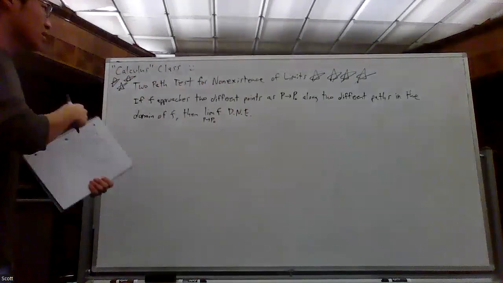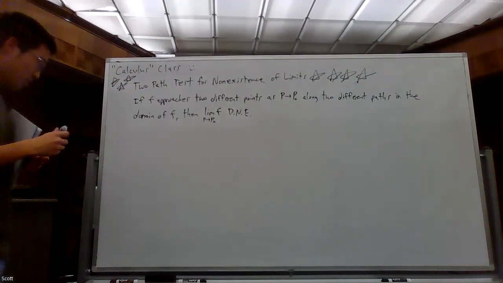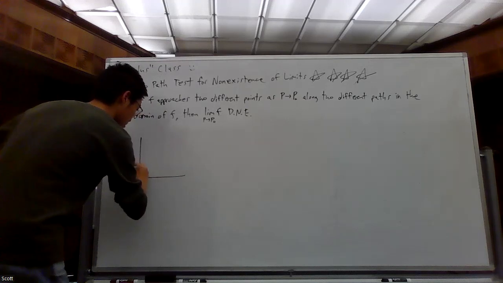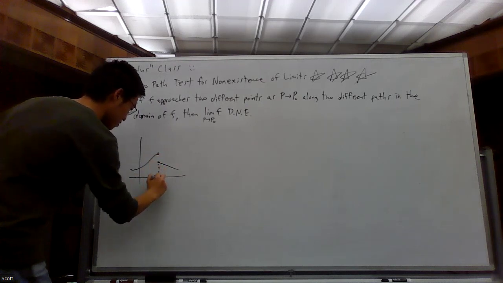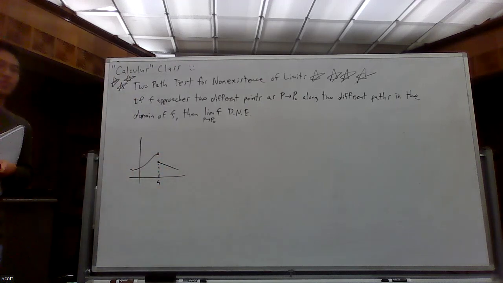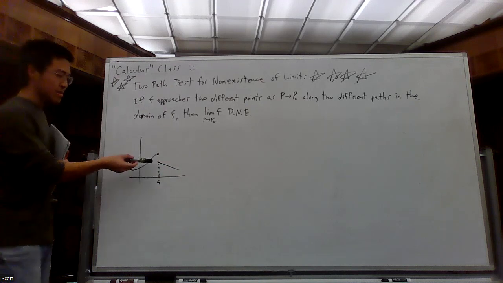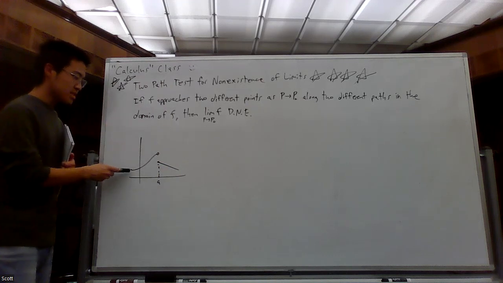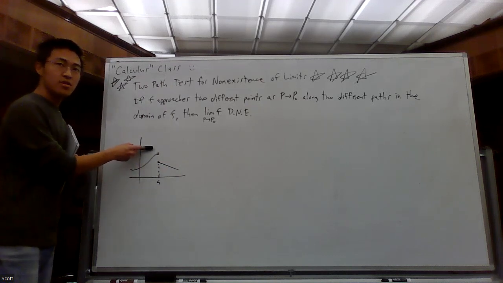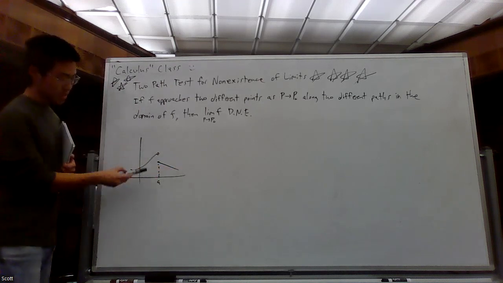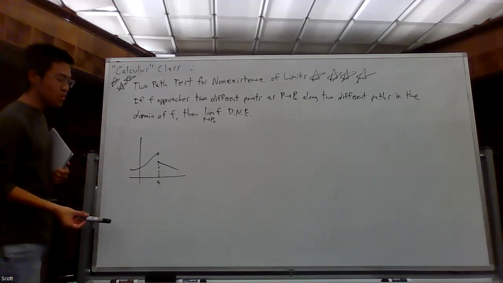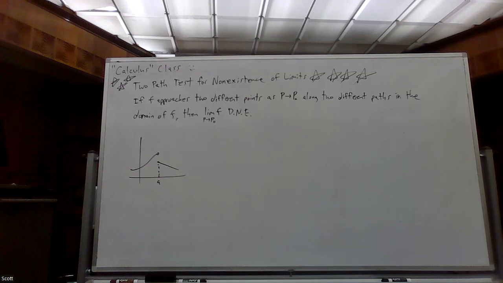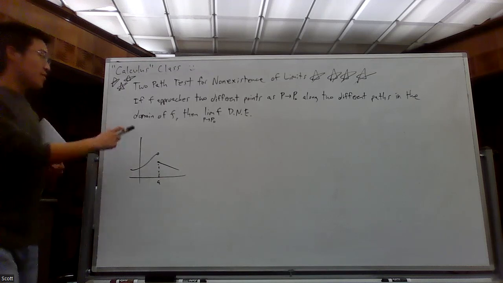Now, I'm going to have you recall something from Calc 1. Does the limit as x approaches a exist for this particular function? No. Why not? Jump discontinuity. More specifically, the left-handed limit is different, so you approach different values. If your function approaches two different values depending on the direction you go, no good. That's all this is saying.